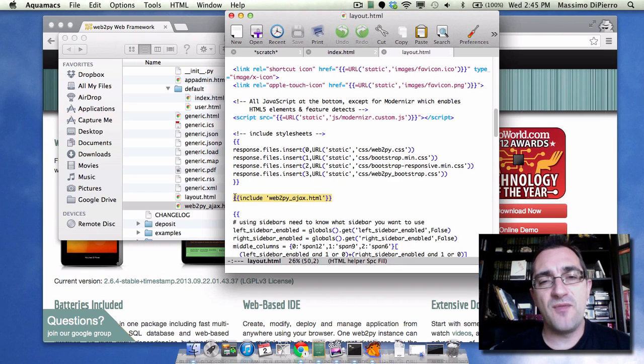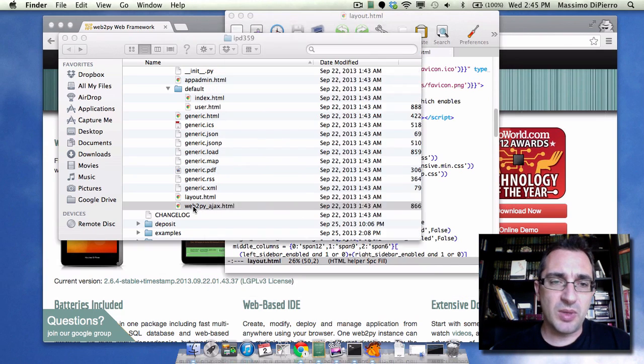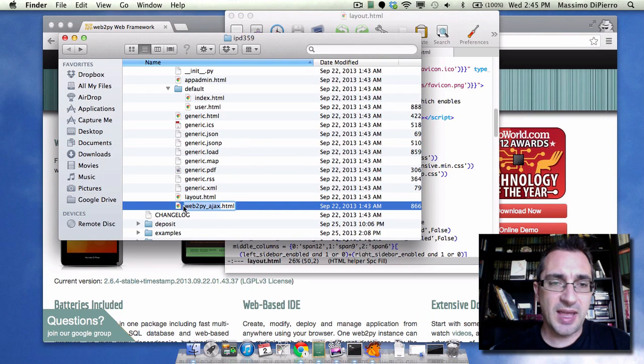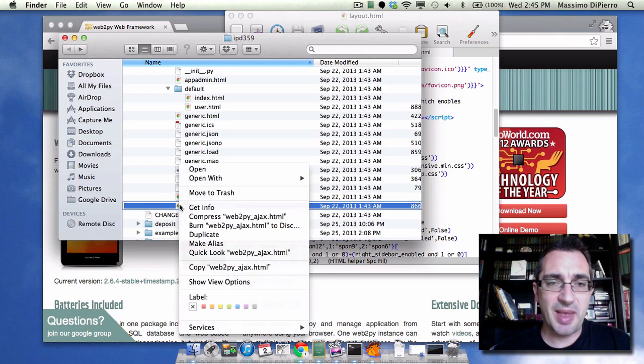So one view can extend another view, which means it's going to replace a piece of the extended view, but can also include another view by loading that view and replacing an include statement in the view itself. We can look what's inside web2py_ajax.html,